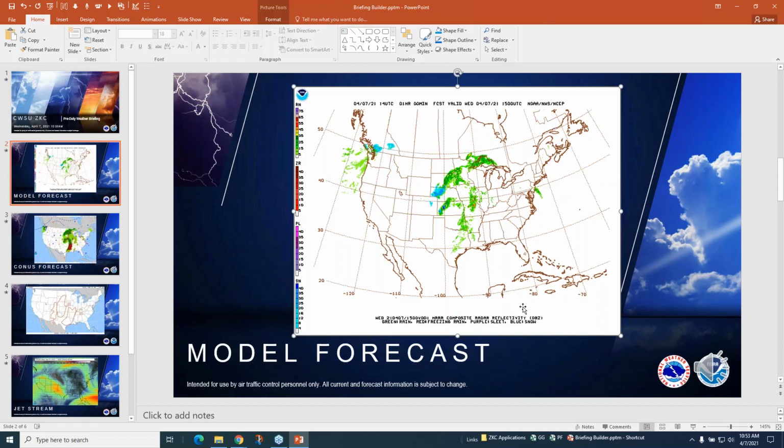So if that's something you want to have in your briefing, it's all set up. So again, that's one example of a Python script. If you have some Python developers, the world is wide open. You can pretty much do whatever you can dream of. The nice thing here is, your briefer or forecaster doesn't have to be a coder, doesn't have to know how to run a Python script. They just got to hit that button and it'll run the Python script.